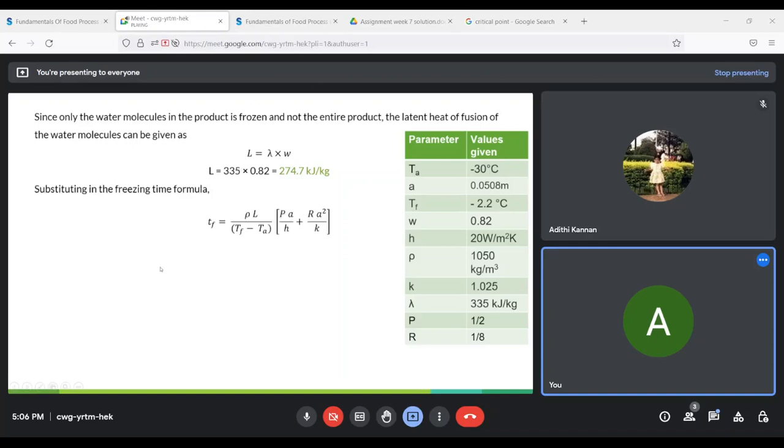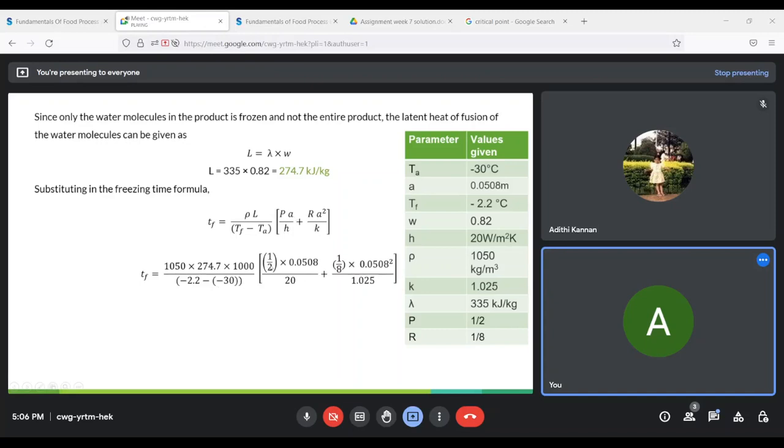So substituting into the freezing time formula, tF is equal to rho L over (TF minus TA) into (PA by h plus RA square by k). When you substitute density as 1050 kg per meter cube, L as 274.7 kilojoule per kg that we calculated in the previous step, multiplied by 1000 to convert kilojoules into joules, TF as your slab temperature, which is minus 2.2, and TA as your freezer temperature, which is minus 30,